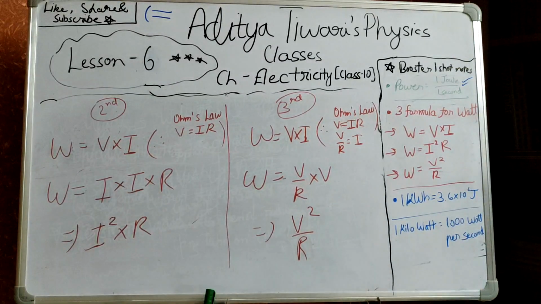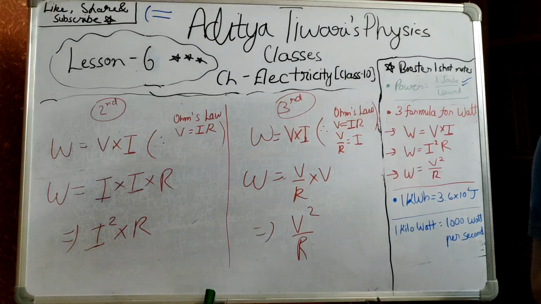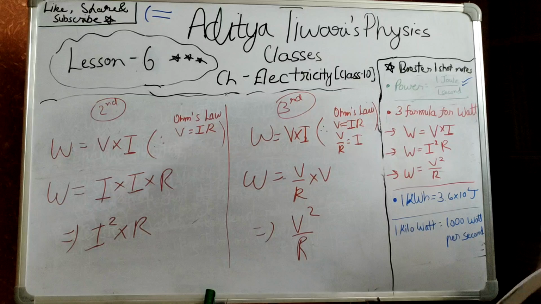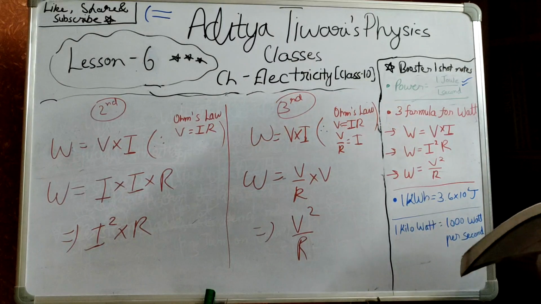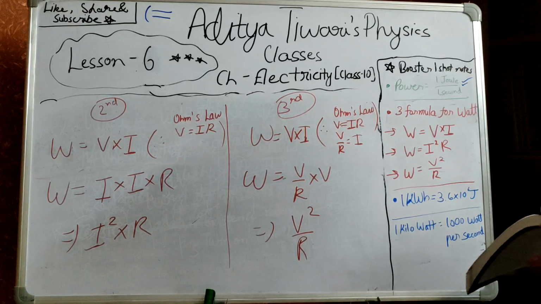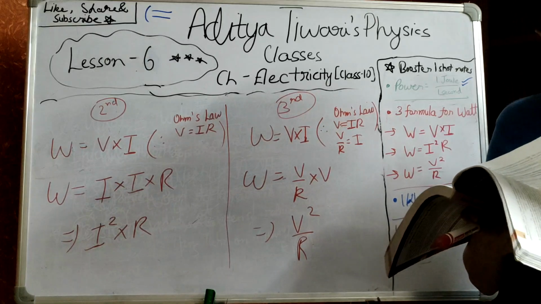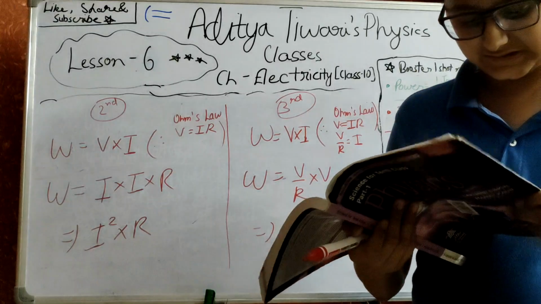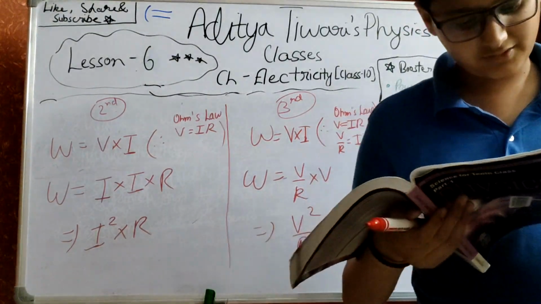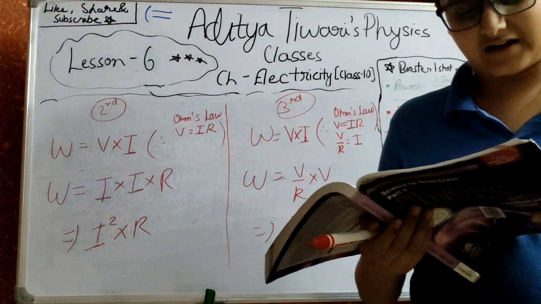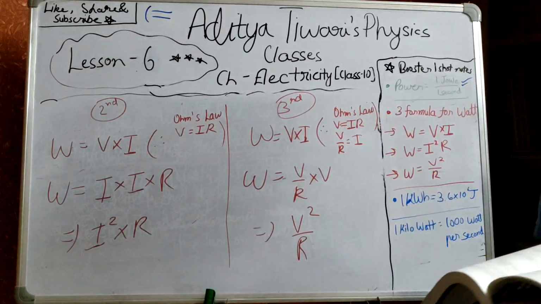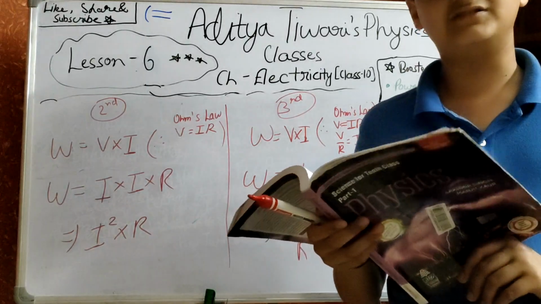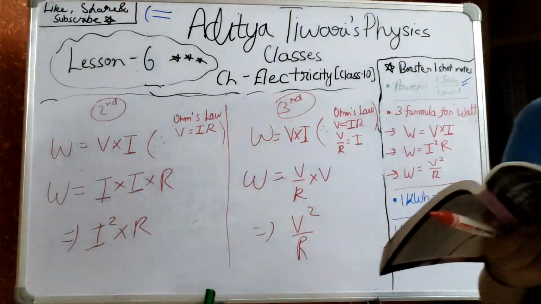Okay, now there is a table given in the book that tells us about the usual voltage and current drawn. It's told that the washing machine takes a lot of power, which is 3000 watts, and a tube light takes less power as compared to the washing machine, which is 40 watts. So it's given, and then the current drawn is shown in the usual 220 volt line.